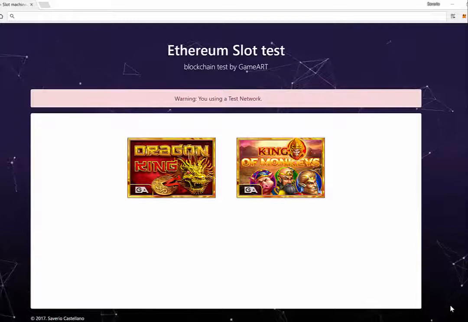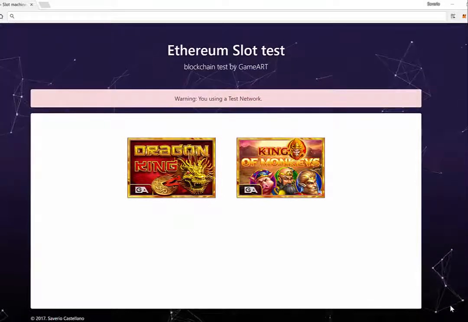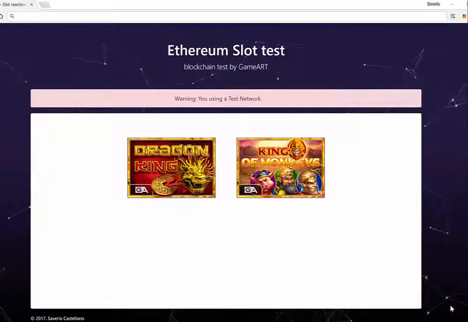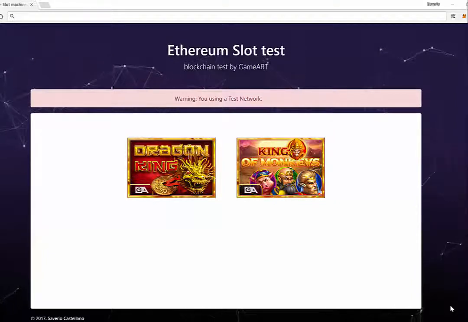In this video I'm showing you our latest technology, which basically consists in having integrated our remote game server with the Ethereum blockchain. This allows players to play our slot games using their own Ethereum wallet. So they don't need real money to play the games, they can come directly to our website and without user registration, without even logging in, and without depositing money with a credit card, they can simply use their Ethereum address